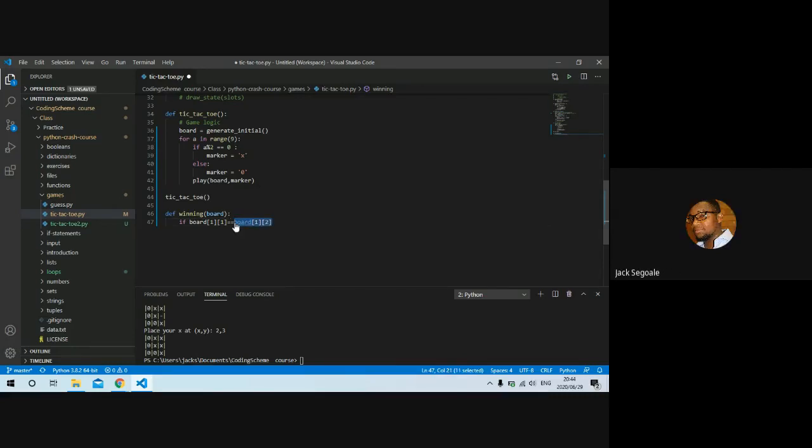I don't know what you mean by that. Can I say like these 3 are equal? No, you can't do that. You need an and. You can say and the same thing, right? Okay. It's going to be long. Okay. So it means if the top 3 are equal,